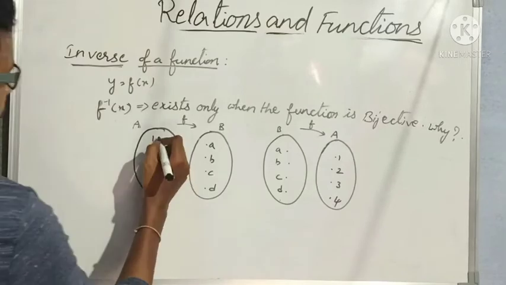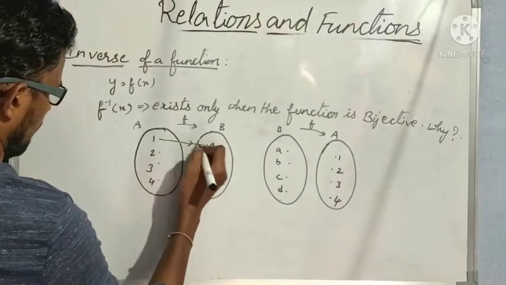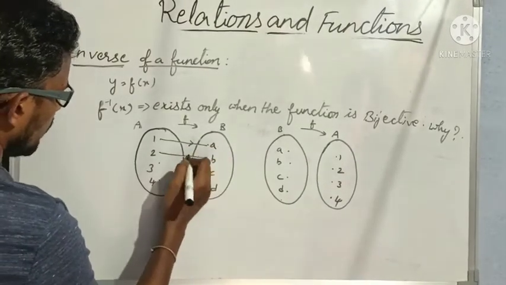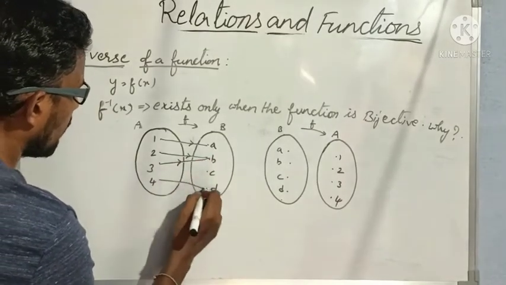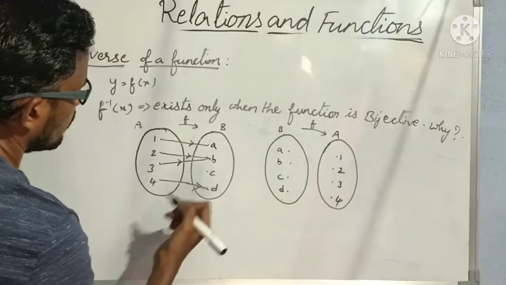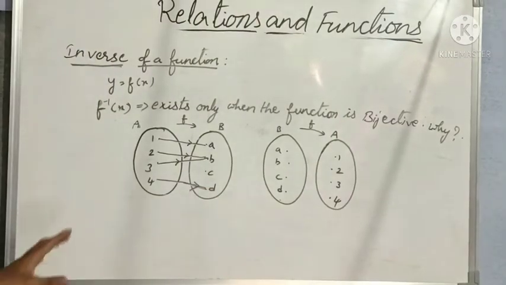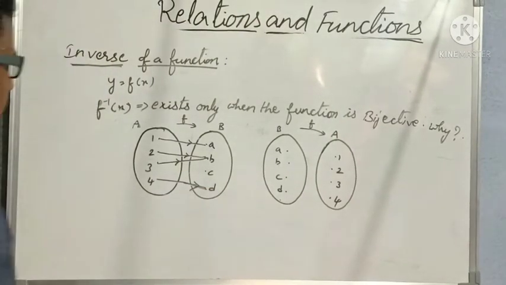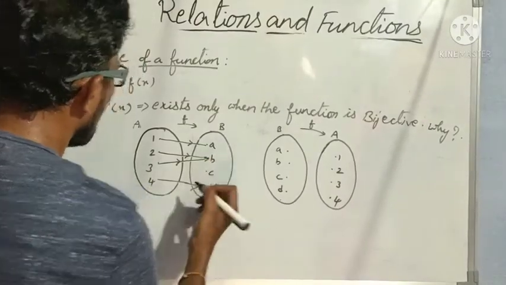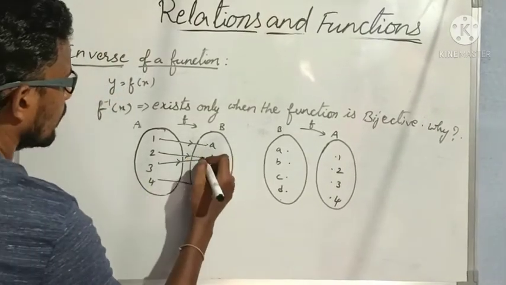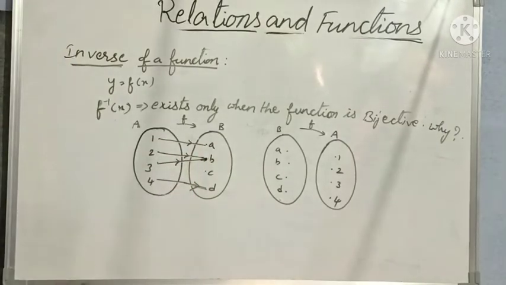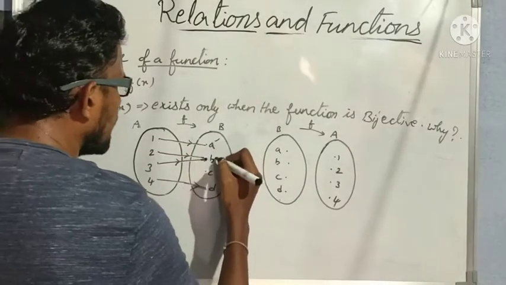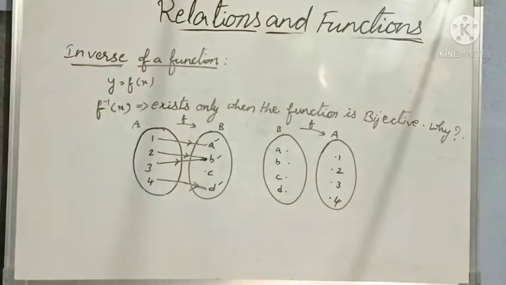Now what I am doing means I am mapping 1 with A and 2 with B and also 3 also with B and 4 I am mapping to B like this. Okay. Let us find out whether this is a function or not. Clearly by seeing the figure we can say that every element of A is mapped and every element of A is having one and only one image in B. Yes. So this is a function.